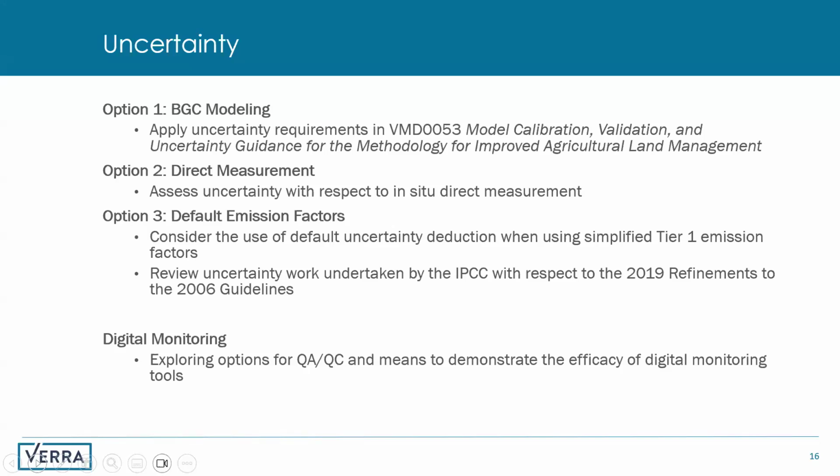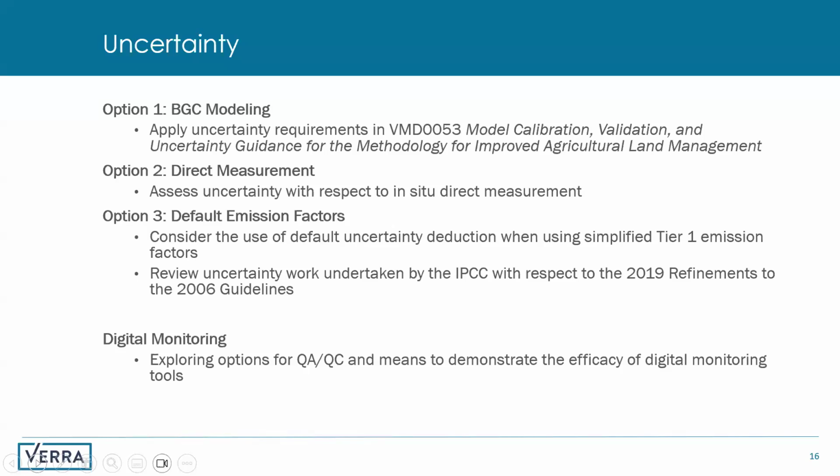And then for the third option, default emission factors, we're going to be very carefully looking at the uncertainty work, in particular done by the IPCC themselves, and then drawing on other sources as well. Essentially, most likely we're going to see more guidance with respect to uncertainty than in previous models.